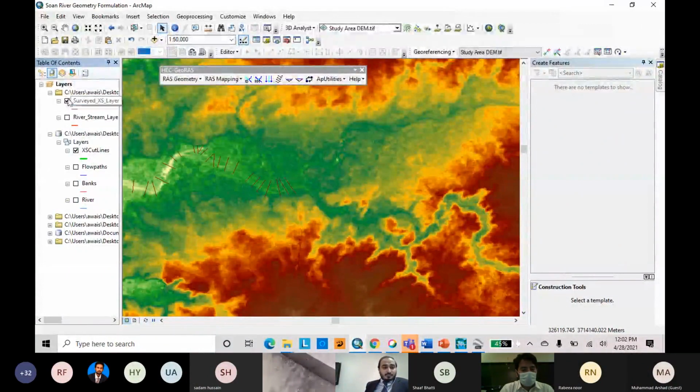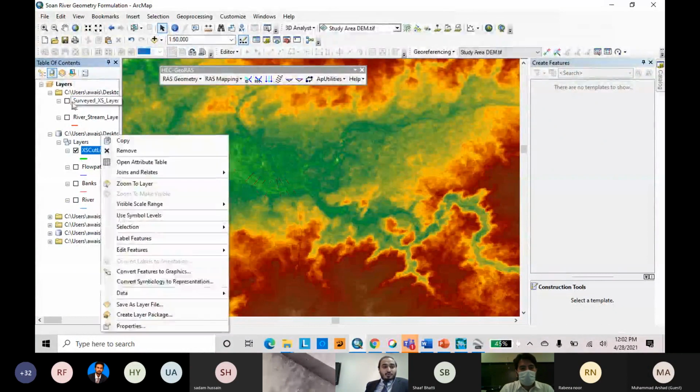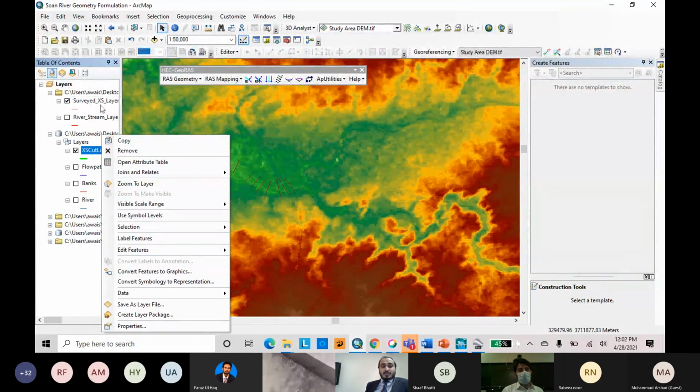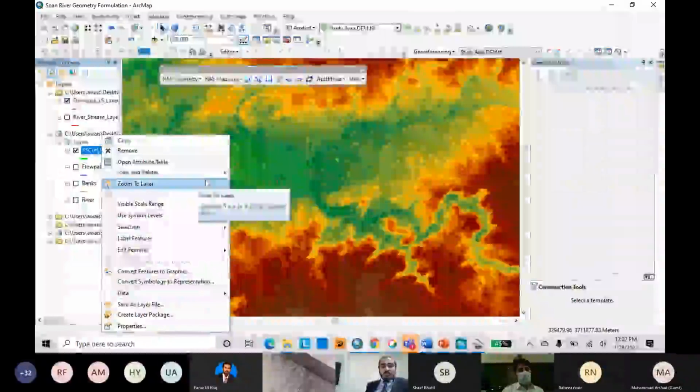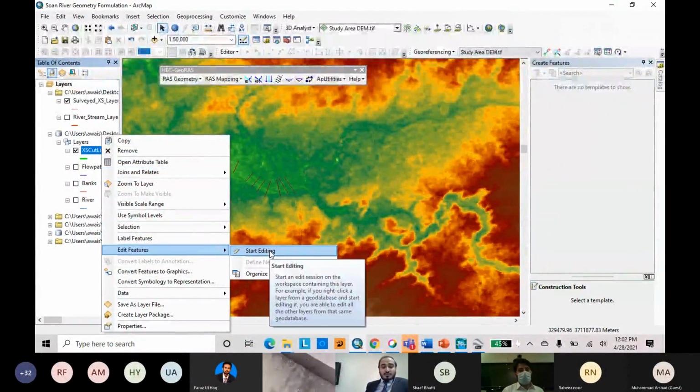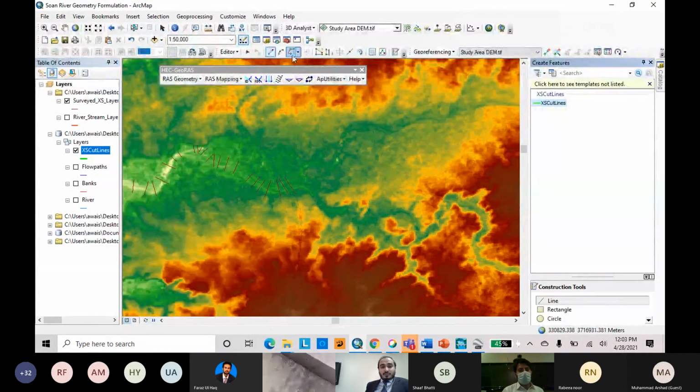Now you have to digitize those features. There are a lot of different ways to digitize. As we are using the tracer option, you can copy the feature from the surveyed cross section layer to the cross section cut layer, but we will not prefer this method because sometimes you have assigned different values in your cross section layer, and they will also be copied into the cross section cut lines of the HEC-RAS. If you have assigned different headers, they are also incorporated. So we will keep it simple, so they can digitize their own header from their natural path.